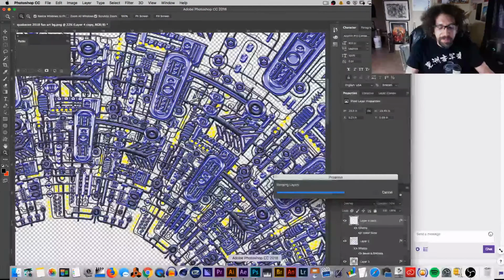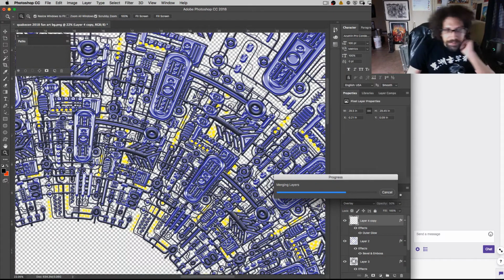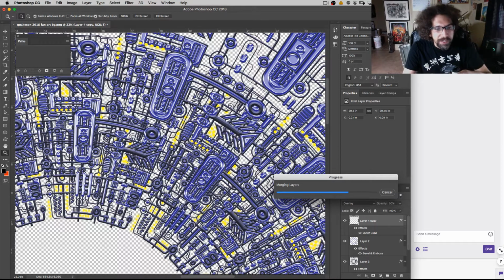So Photoshop is still struggling, and if I had just had a single image like this, as you can see, it's several concentric circles. At least it's 3 concentric circles of this sort of tech pattern that I created, which really I just created by